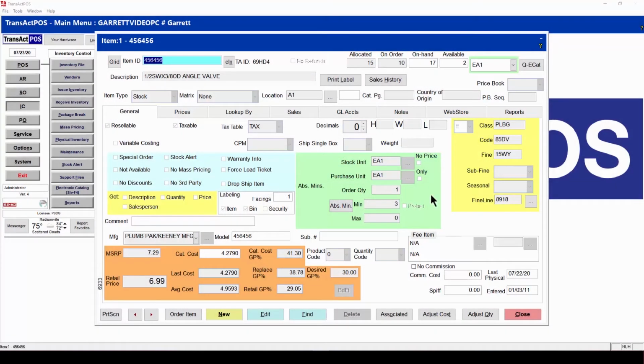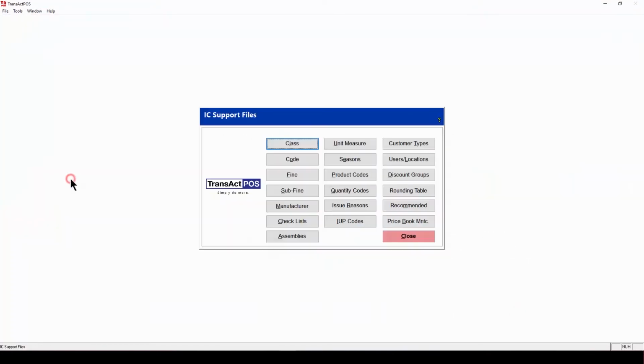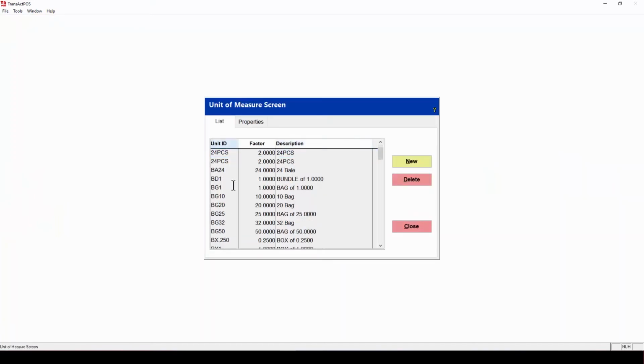In this video, we're going to examine this area here, and specifically the idea of stock unit, purchase unit, and up here, display unit. But in order to understand this, we need to go look at the unit of measure screen. So we close this, go to IC support files, unit measure, and we're going to look at two different